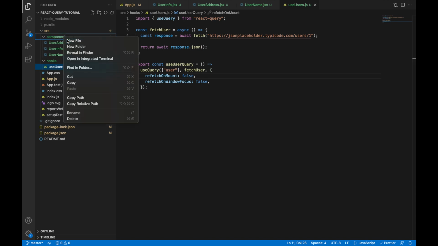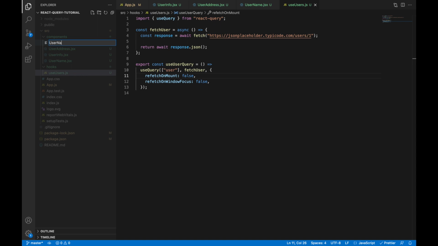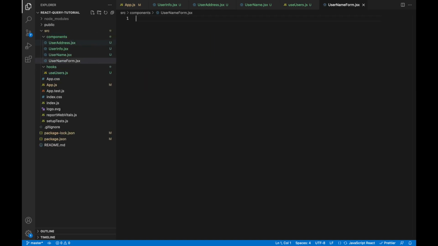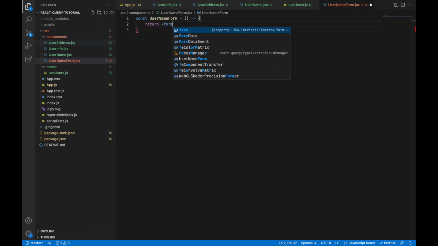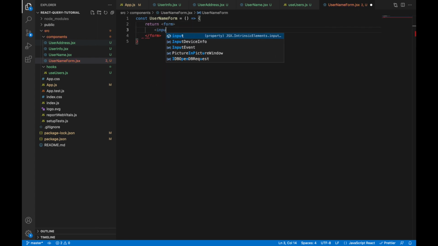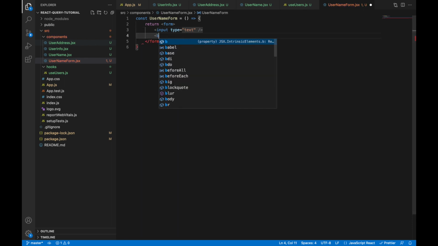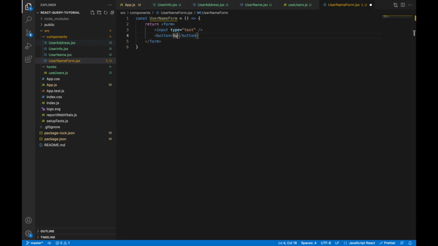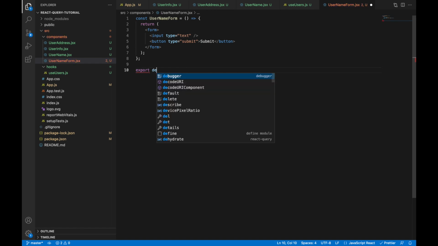Now the next thing that I want to do is to create a small form so the users can edit their names. The name of the component will be user name form, and it will return the form element and the textual input inside. And below that, I will add a button with the text submit and also with the type submit. I will export this component,